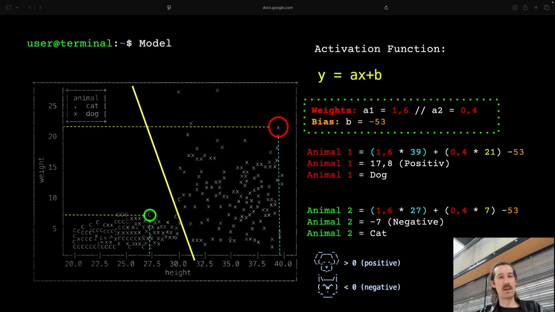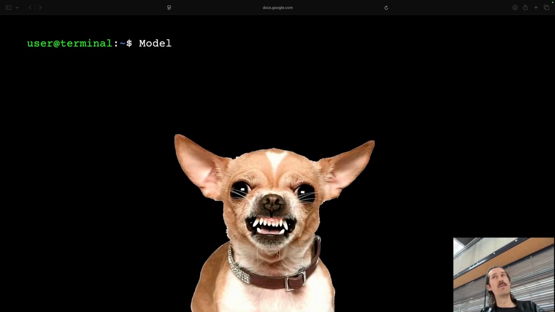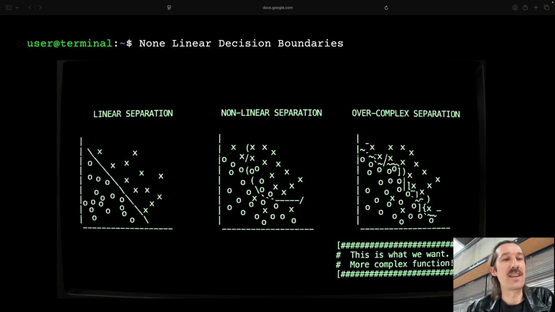And as I mentioned before, the problem is not all dogs are heavy and tall, so we have an issue, right? What we just did here is a very simple linear separation on the left side. And most of the time we have much more complex data, like you can see, for example, here on the right side. Modern neural networks are going to try to figure out exactly this kind of curved line so that you really get a very good separator between, in our example, the two categories, dogs and cats.